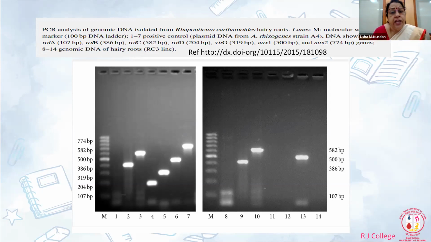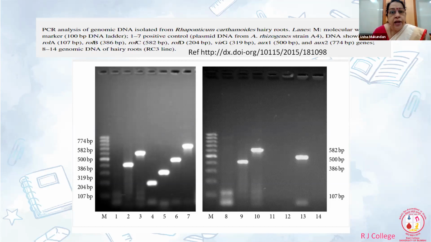Now for visualizing the DNA, as you know that DNA cannot be seen as such, you have to stain the gel by using ethidium bromide. You can either add ethidium bromide in the gel or in the buffer, or later on after the run is completed, you can stain the gel with ethidium bromide.